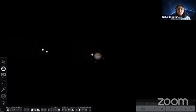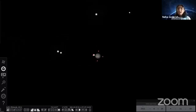So hundreds of years ago, when Galileo pointed his first telescope at the sky and he looked at Jupiter, he was able to see 4 points of light that traveled around Jupiter, and he tracked them. And he realized that these were moons of Jupiter. And these are 4 of the brightest and most visible moons. And they're called Io, Ganymede, Callisto, and